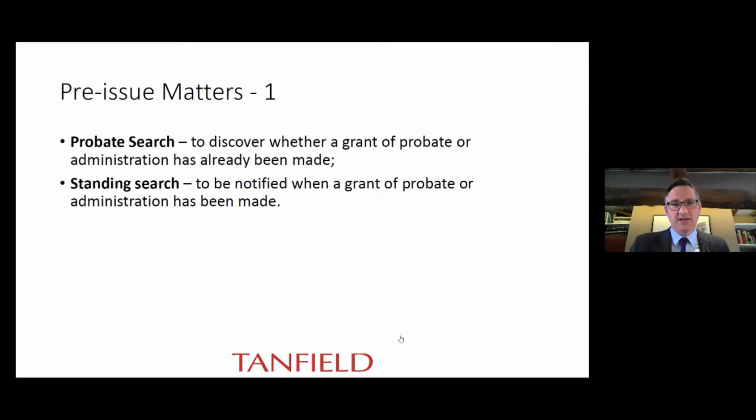Secondly, there is the standing search. You can enter a standing search so that you will be notified when a grant of probate or administration has been made. Once again, you can download the same form, the PA1S, from the gov.uk website and ask to be sent a copy of a probate if it's granted within the next 6 months. This is called a standing search, and it costs £10. It lasts for 6 months, as I said a moment ago, and you can extend the standing search for a further 6 months. If we can move on to the next slide,